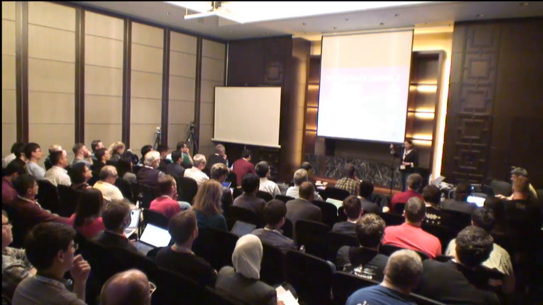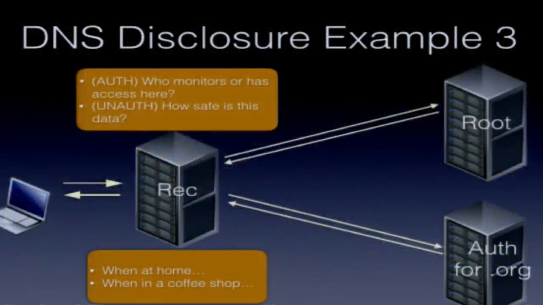To take this another step further, so we've looked at the kind of leakages you get on DNS queries that are in flight. This is thinking about them at rest. So you have a recursive resolver that you're using. So you have to start considering who are the people who have authorized access to the data there, to what's being logged about all the queries coming in. What third parties are they sharing it with? What legal commitments do they have to gather data on users? Equally, what are the risks of unauthorized access to that data?